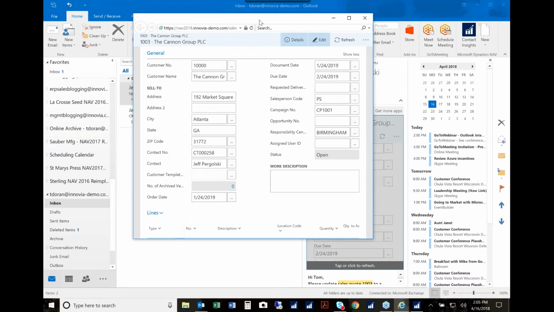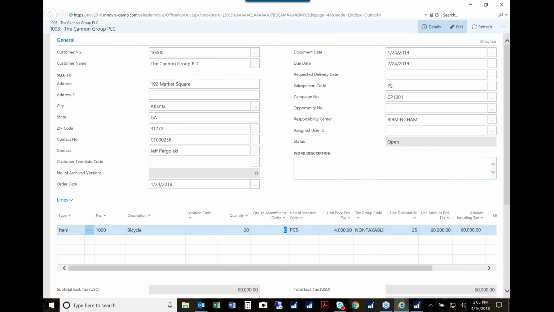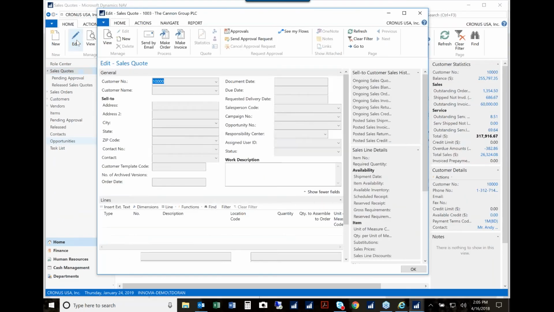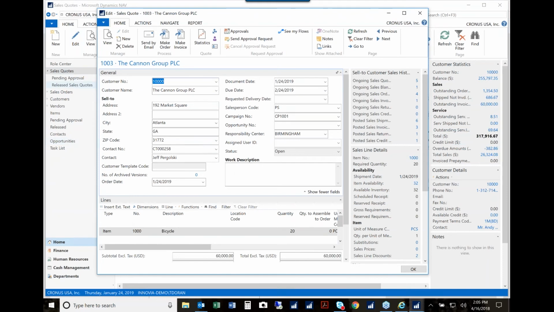People, particularly sales and customer service, tend to like to work with their Outlook. And so giving us this flexibility and the ability to move between various documents is something that has been a significant improvement. And so now if I pop back over to my NAV and I open my quote,